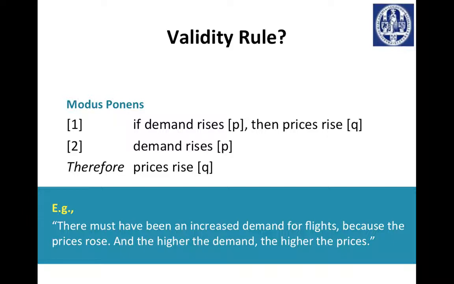Now take a look again at the example. And here what you see is that the standpoint, there must have been an increased demand for flights, is actually something that should have been P here, but we list it in the conclusion. So what we did again is swap the P and the Q. And you can see that this reasoning doesn't hold either, because it could be the case that prices rose because of